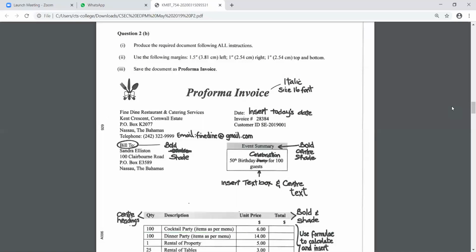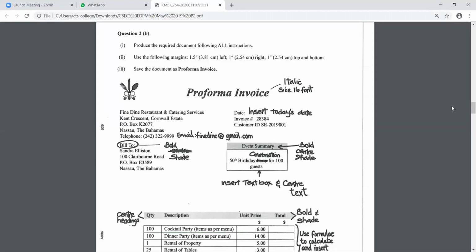I'm not sure where your row number would fall depending on how you all type in, because it doesn't tell you what row number to start with. So when you finish on the top with all of that, you will skip one row and you will type in column A, whatever row number, quantity, then B, then C, and then D. Got that? You would highlight all 4 labels.